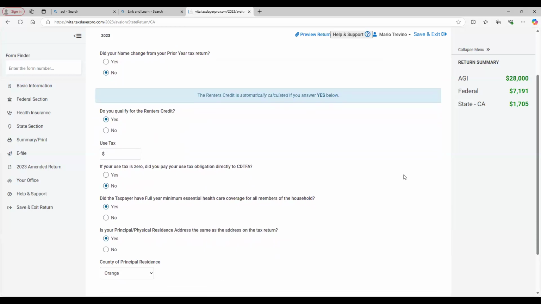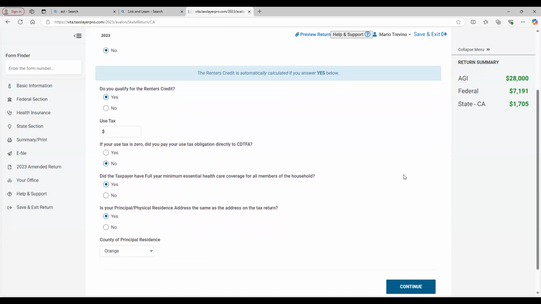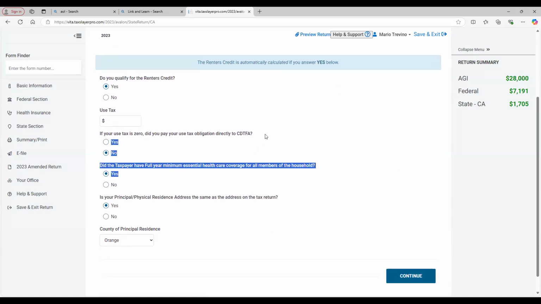Renter's credit, a lot of people take advantage of it. This organization, the CDTFA, is the California Department of Tax and Fee Administration. They're the sales tax people in California. That's one of the things they do. This is the minimum essential healthcare coverage, and a lot of people will have it. Low income individuals, a lot of them have either Covered California or Medi-Cal. And then we're going to hit continue